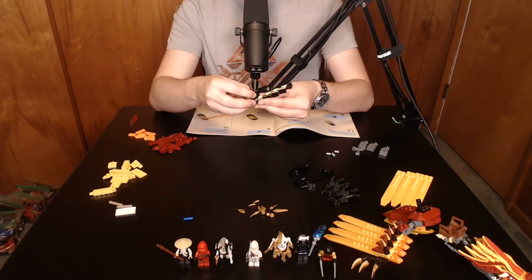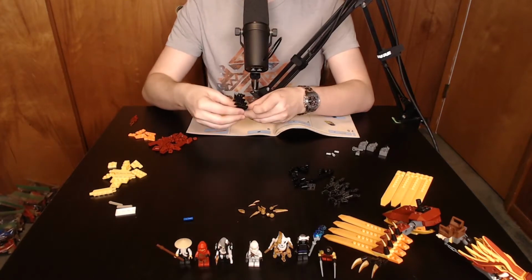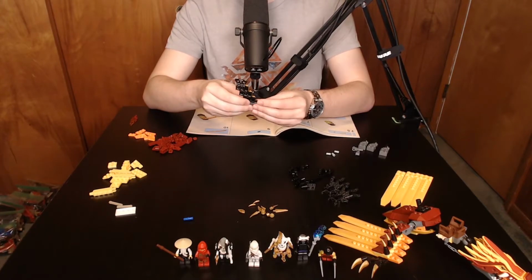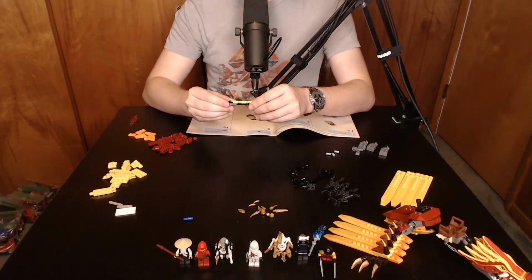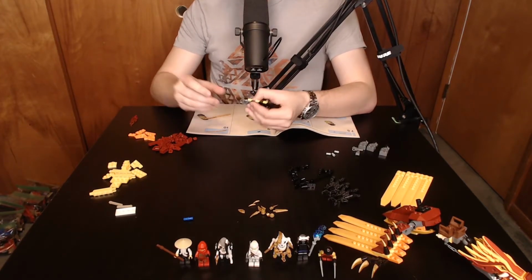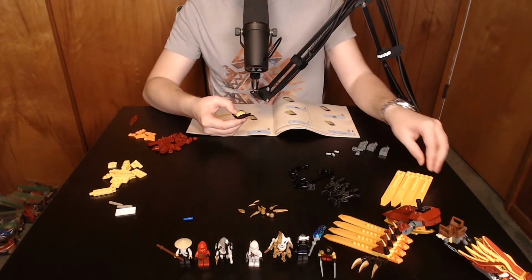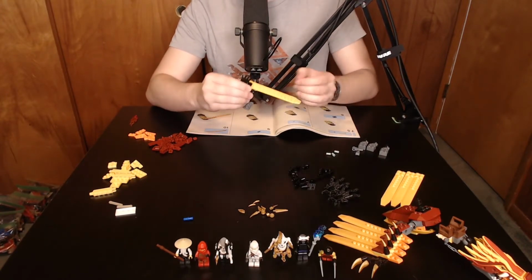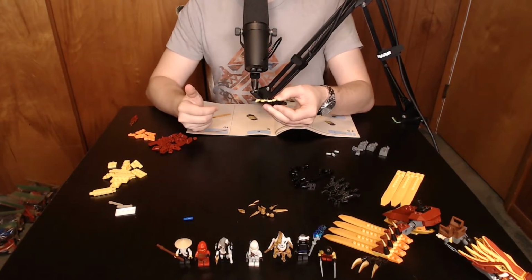The Lightning Dragon, I won't spoil anything because there's a very, very, very special set that involves him. I can get my hands on it because that one is particularly expensive for whatever reason. But the Earth Dragon has these kind of dinky little wings, almost... I'll compare it to...